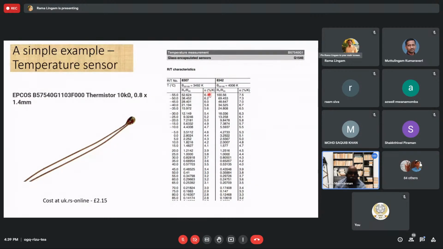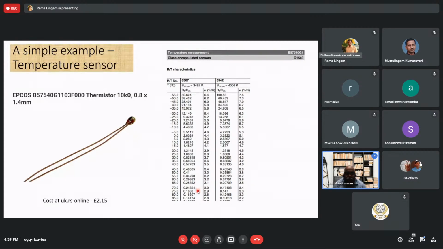Can you move down, please, on the first column? No, the first column, 25 degrees down. Yeah, you can see it is 1. The next one is 1. That means the resistance at that point, 25 degrees, and the resistance at 25 degrees are the same, so the ratio is 1. So when the temperature increases, you can see the ratio goes down, and resistance decreases; ratio